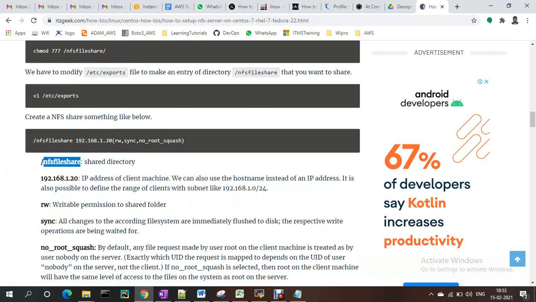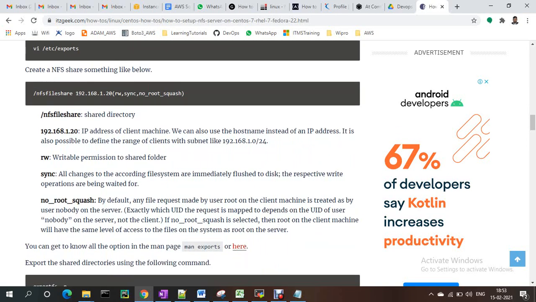The NFS shared directory is the directory we created to share across the clients. rw means writable permission to the folder. sync means the file is immediately flushed to the disk. Whatever files and directories we create will be available on the client machines, and vice versa, whatever we create on the client will be available.